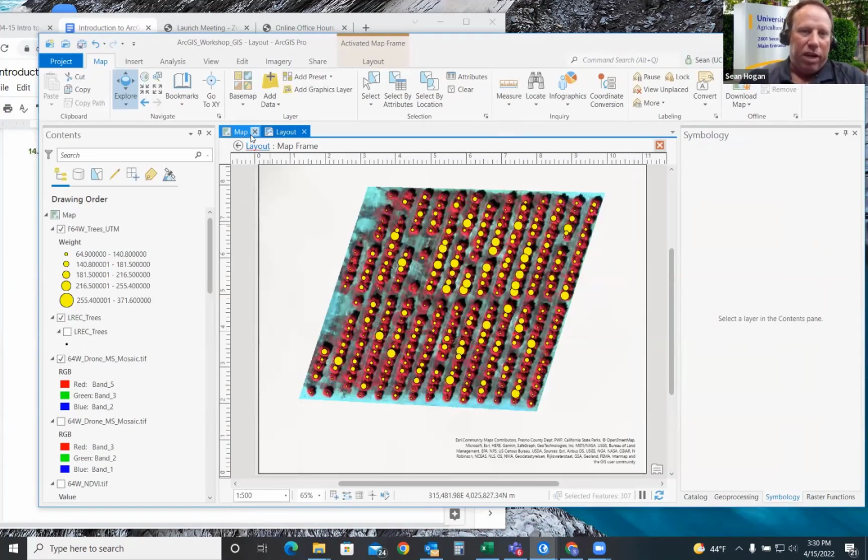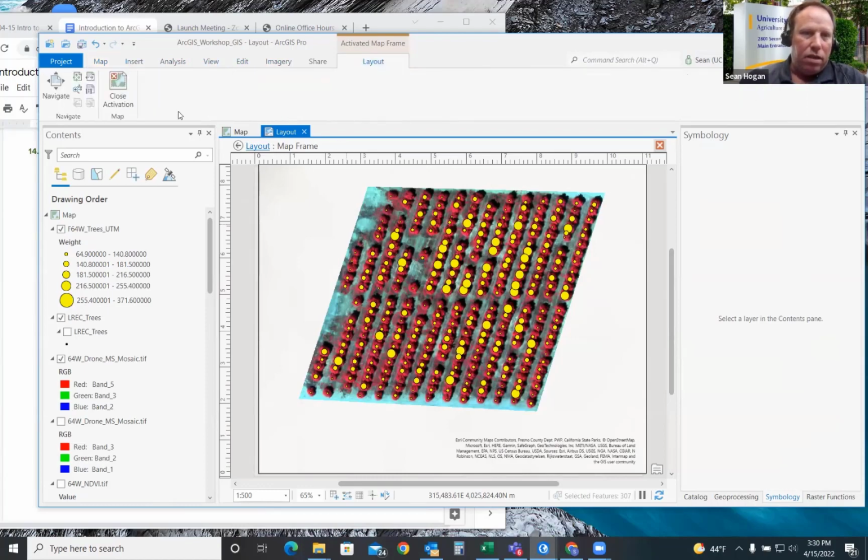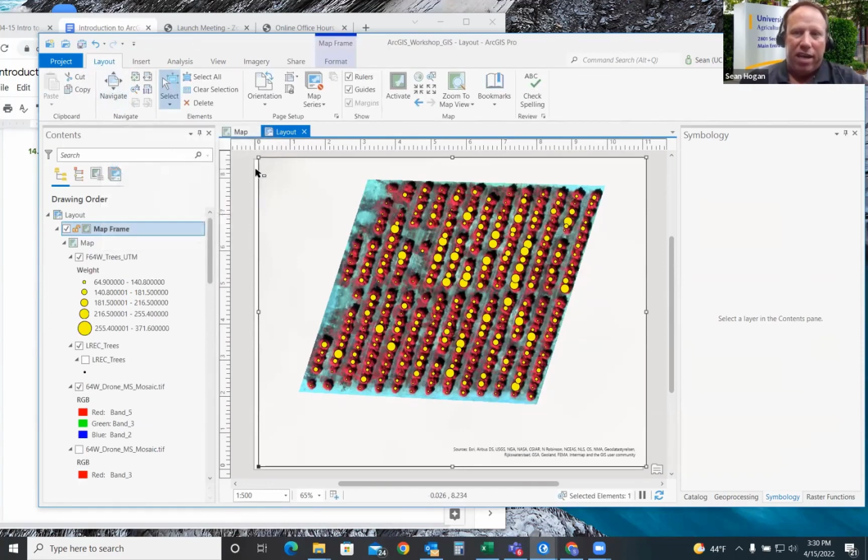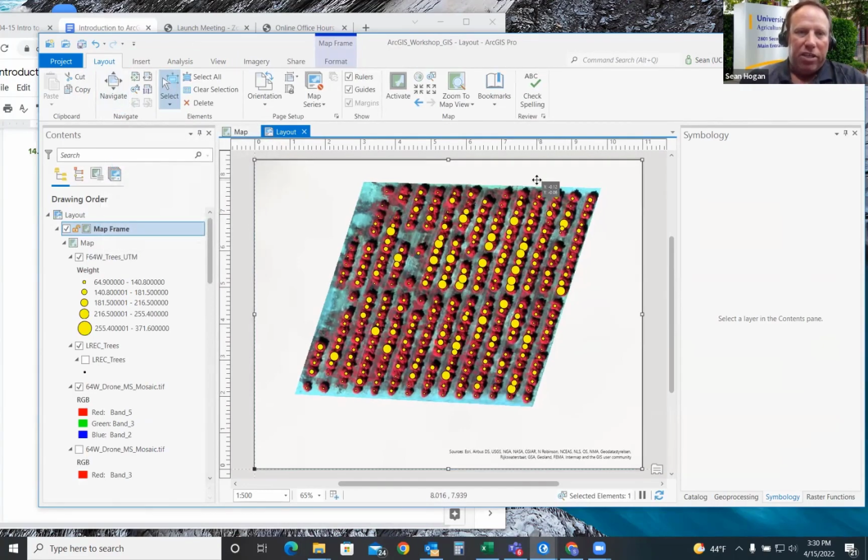And here, this is how we go about it. First, let's add in a title. By the way, you see the credits down on the bottom. Don't worry, we'll get rid of those at some point. So what we'll do is go up to the top and select layout, close activation because we've adjusted it. We might have to readjust this at some point. I'm going to make sure that this is snapped to the right position.